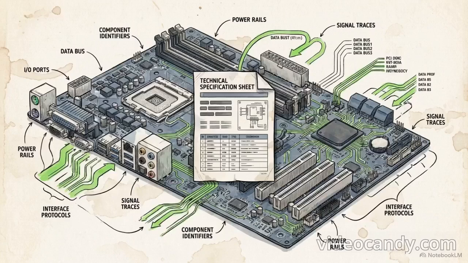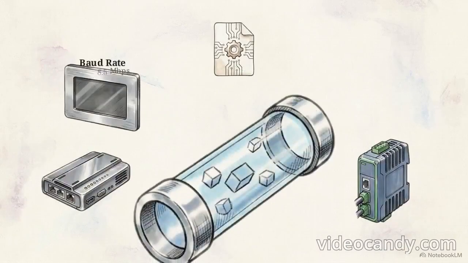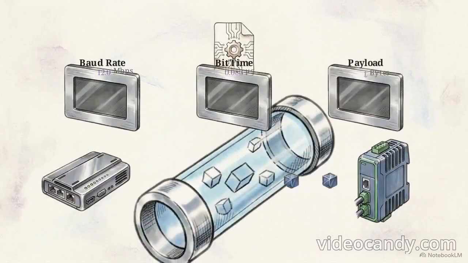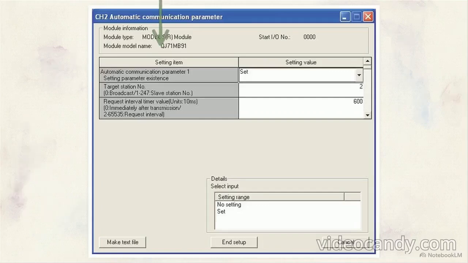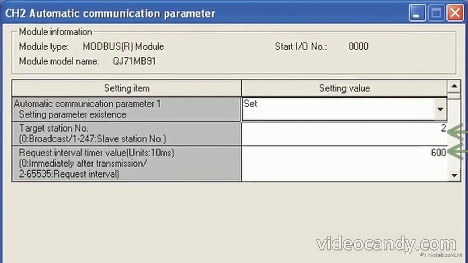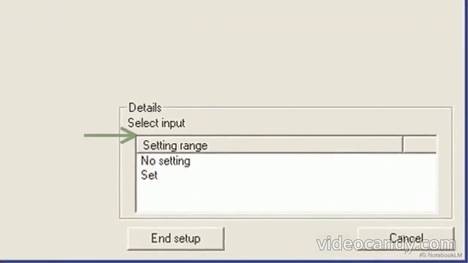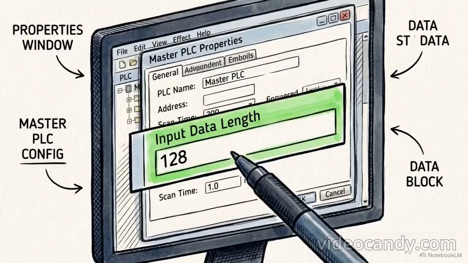This electronic datasheet gives the master controller the physical properties of the slave device. It defines the supported baud rates, the specific bit times, and exactly how many cyclic bytes will be sent and received during each loop. This configuration window shows connection parameters applied to a module. Loading GSD data populates settings, like target station numbers and timer intervals. While these fields establish the pipeline's size and timing, the file contains no definitions for the actual data types inside